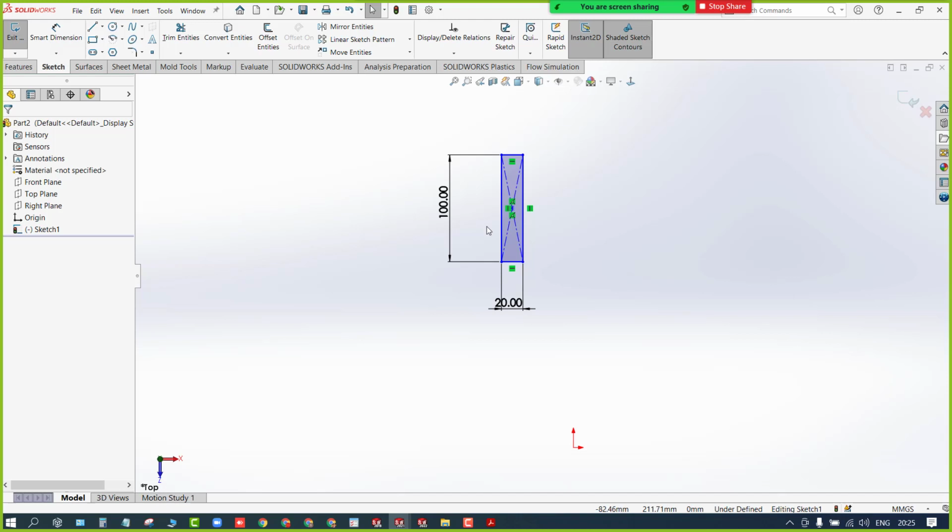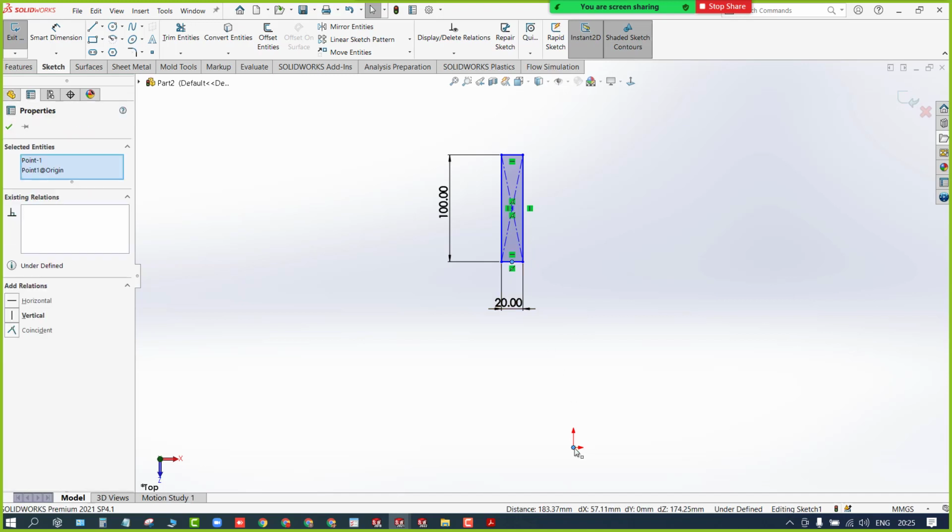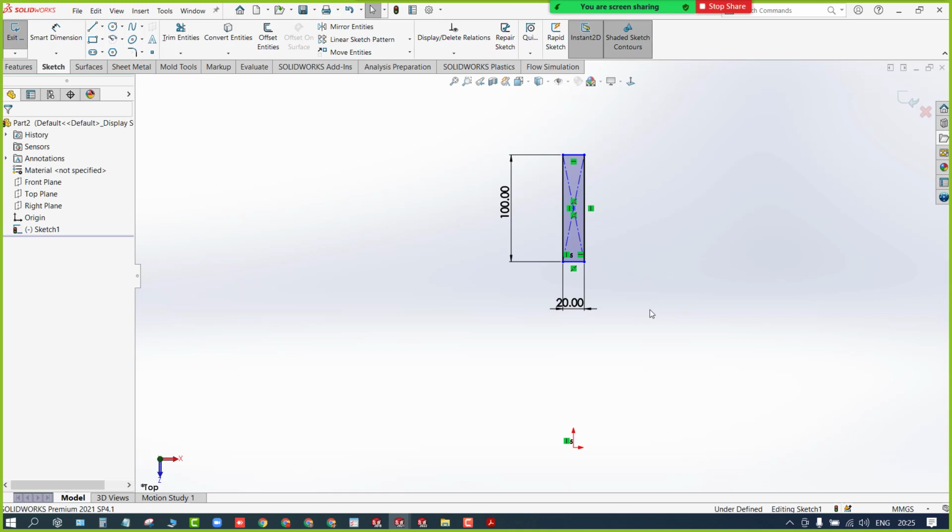And now this rectangle should be exactly in symmetry with the origin. Means half of the portion should be towards the left and half of the portion towards my right. What to do? One way is you can select the midpoint of this one, and you can select the origin as a midpoint and define vertical. Okay, this is one way.